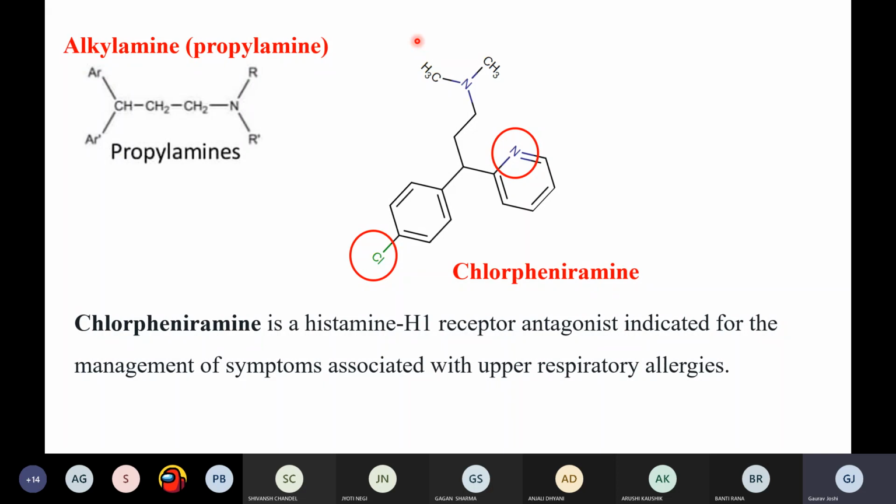For example, when you are pursuing your research, you will be working on drug design, right? For example, if someone of you wants to work on the development of an antihistaminic agent, they should know about the general structure. What is the structural prerequisite, right? If they know the structural prerequisite, they can just modify their molecule and try for the activity, right? So this is the common thing.